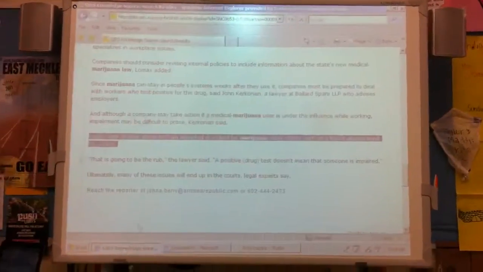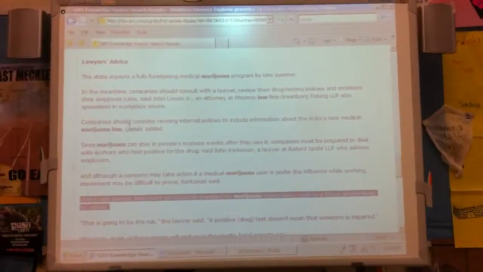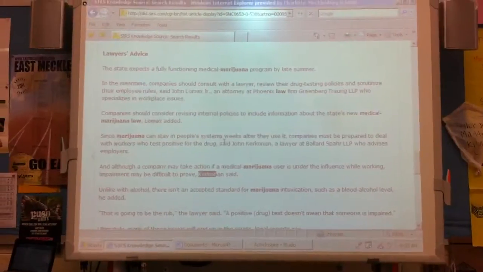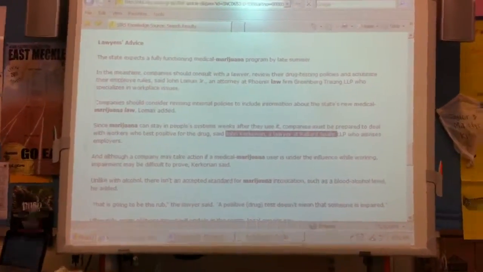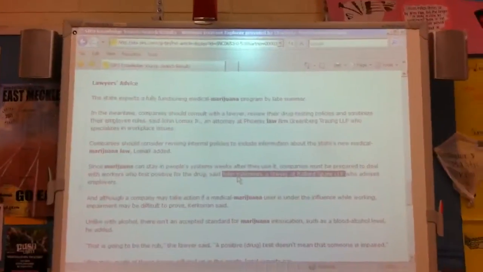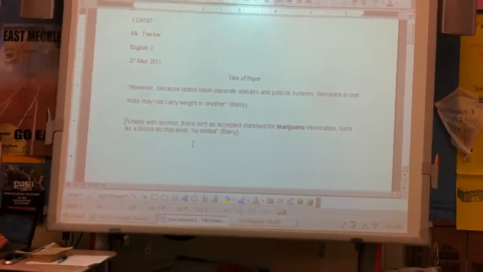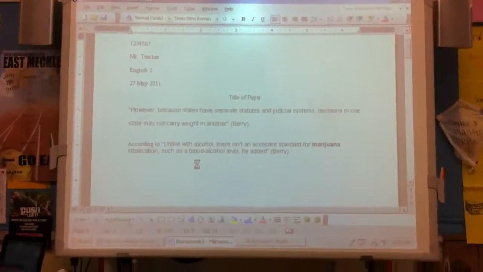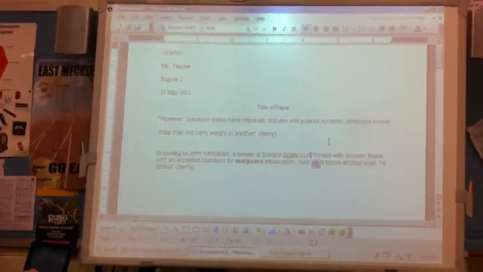So let's go back to the article, figure out who he is. I'm going to read around and look. It looks like he is this guy named Krikorian. So John Krikorian. Alright, so I'm going to copy this. I'm going to go right here and I'm going to write, according to, paste, Control V is paste. Oh my god. He